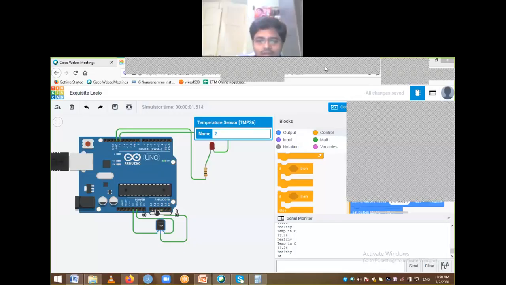Any other person? Whatever circuit I have built, it has a very important application at present. Yes, someone says thermal screening.